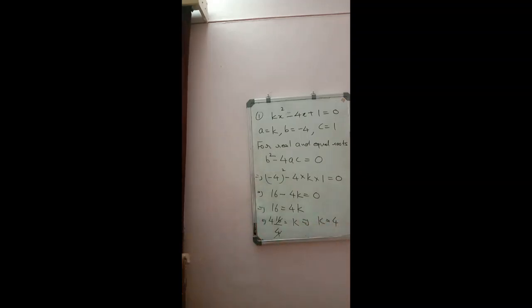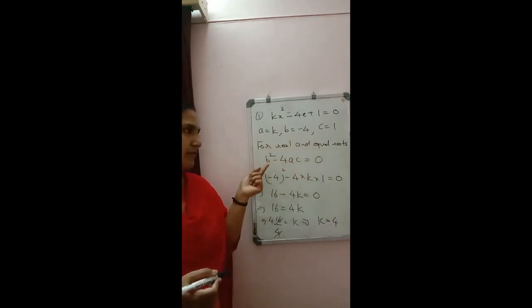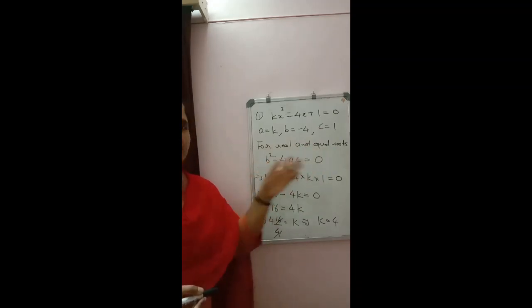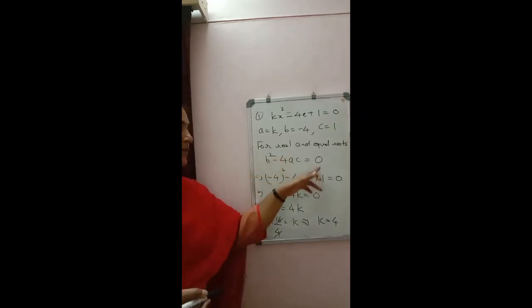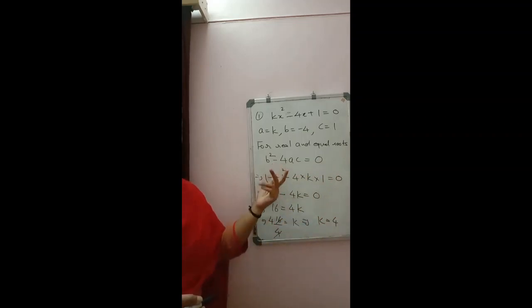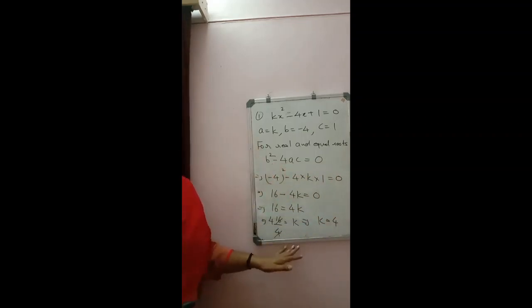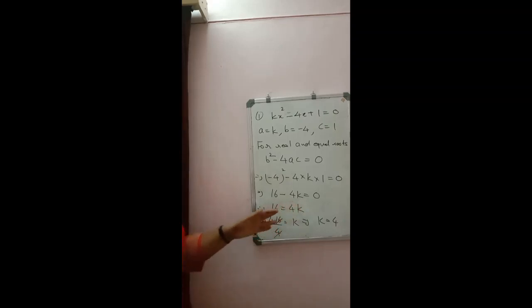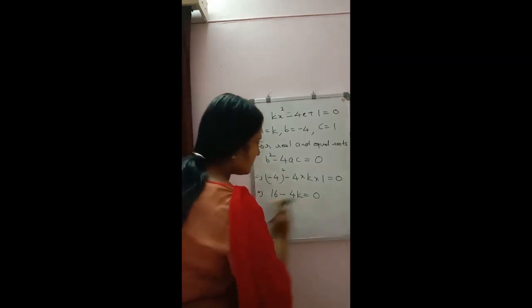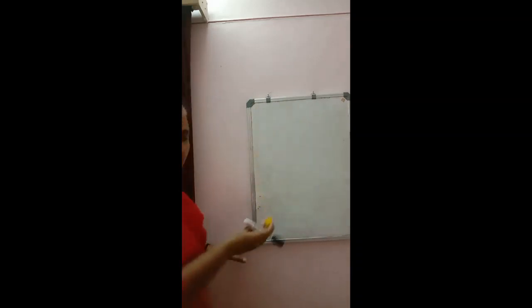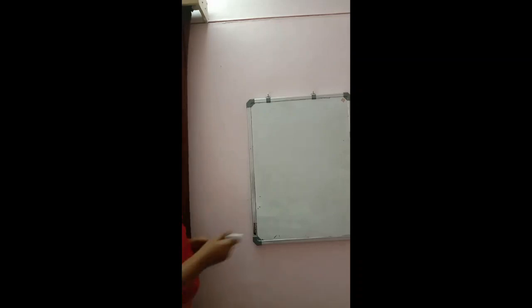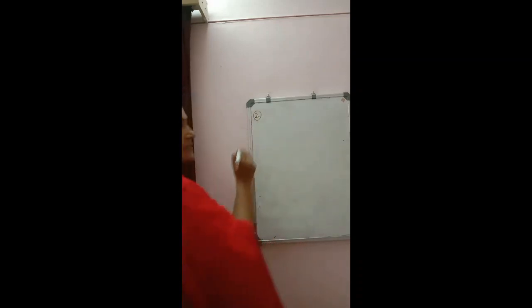So this is the condition there. For real and equal roots, you have to write B square minus 4AC is equal to 0. If you don't want this negative sign here, you can rewrite in this way also. B square is equal to 4AC. In that case also you can solve. Answer will be same. So some more questions we are going to discuss of this type there. Just to remember one thing, always in the question, coefficient of x square is denoted by A, coefficient of x is denoted by B and constant term is denoted by C.